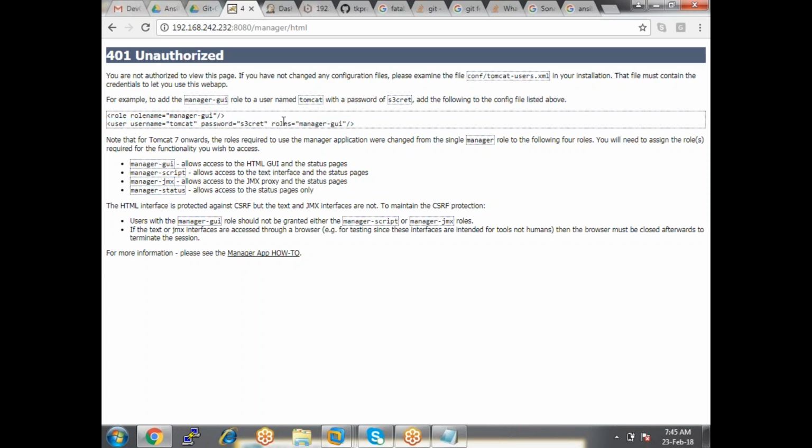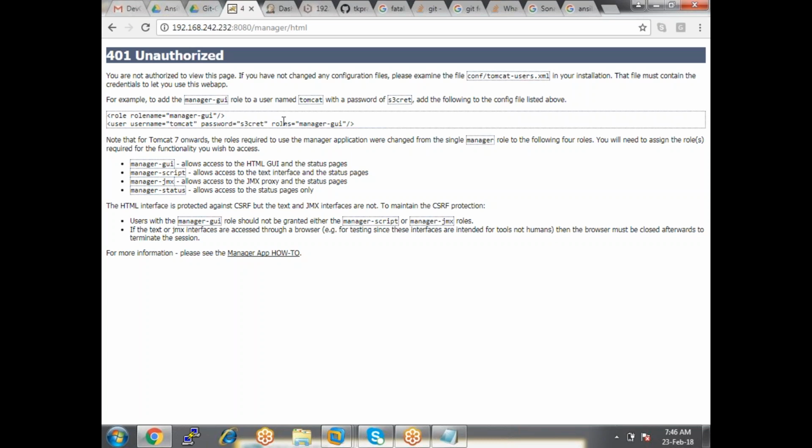Now, what is the purpose of this role? If we are going to manage some applications within our Tomcat server, and you want to assign some permissions to the user within the Tomcat server, then the user needs to have the manager-gui role if he wants to manage applications. What do you mean by managing applications? We have seen that, right? The user has to start or stop or deploy some applications.